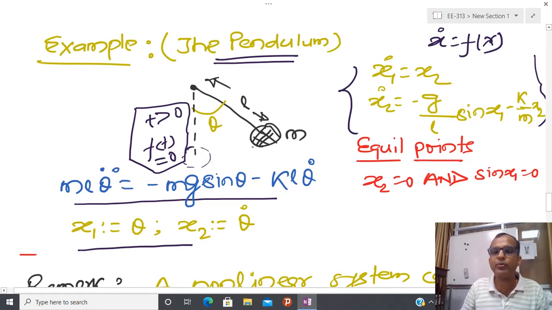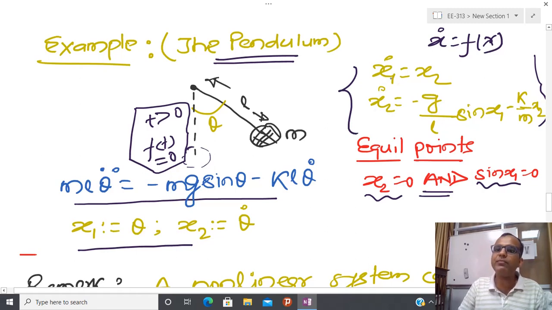So in that way, some force is acting, and after that this system is moved from here to here, and I can give the dynamical representation of this system with this abstract mathematical equation. So the equilibrium point is x2 equal to 0, and x2 is already 0, so sin x1 equal to 0, and we have to put an AND operator. Why AND operator? Because I have to take all combinations, x1 equal to 0 and x2 equal to 0.